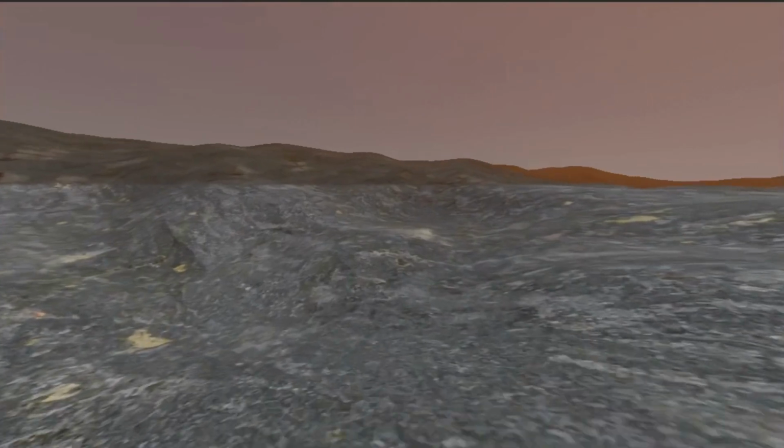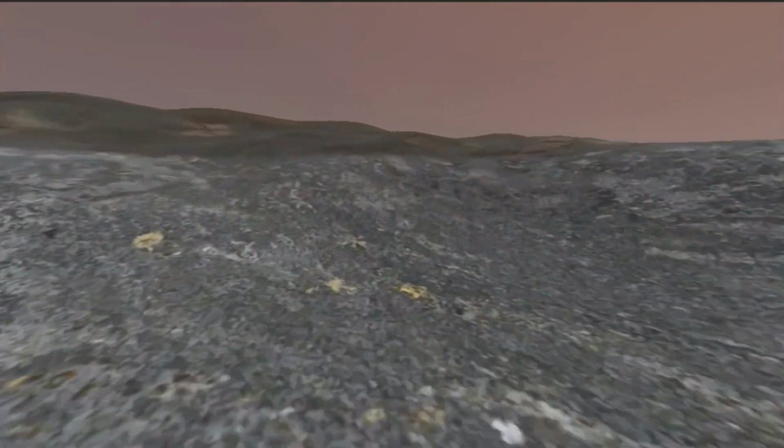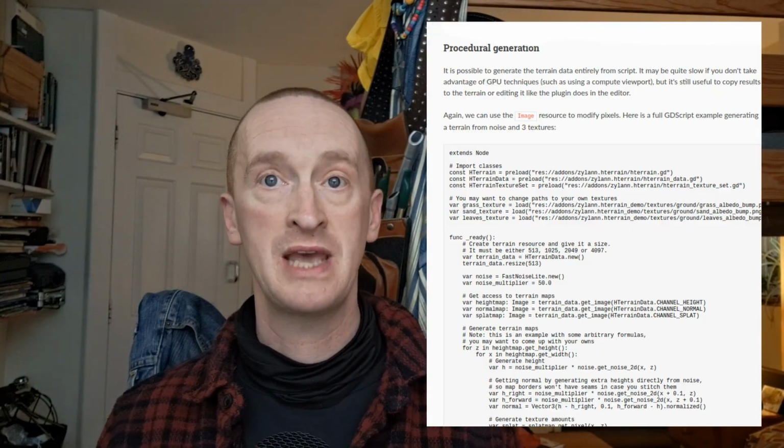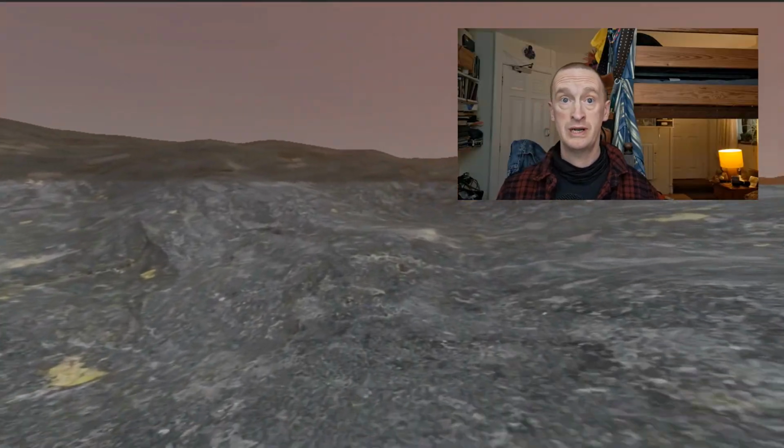The terrain is now procedurally generated. The terrain in the first video was created using Xylan's H-Terrain plugin for Godot. Although what you saw was generated using Xylan's script, this was done in the editor before the game loaded. Thus, the terrain was always the same in-game, which is not my idea, or I guess your idea, of what procedurally generated actually means. The script on the H-Terrain help page allows generation at the point of game creation, which is more or less working now.